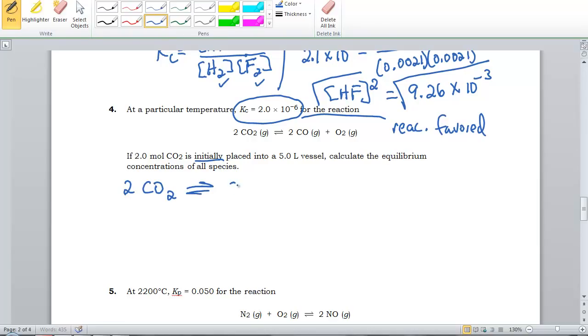So here's our reaction. And so I'm going to write out initial. And since we're given Kc, we're working with molarity, so initial molarity. Well, what's my initial molarity of CO2? 2 moles in a 5-liter vessel. Moles divided by liters. So our initial molarity,